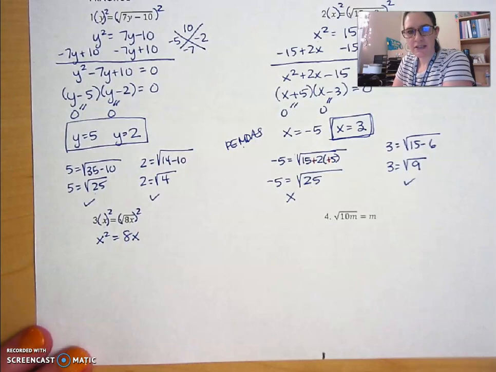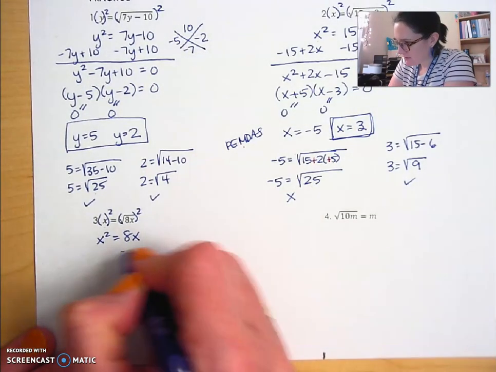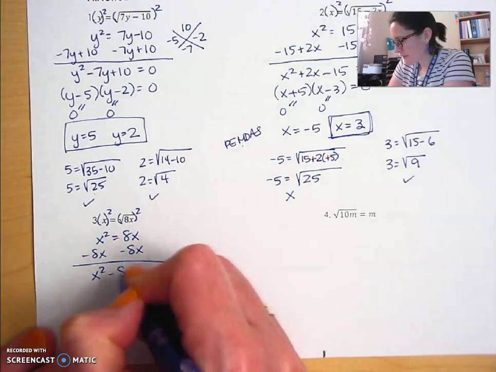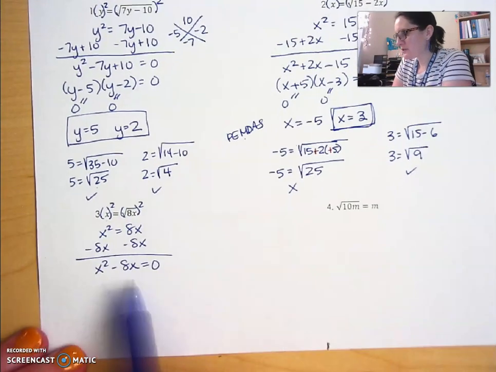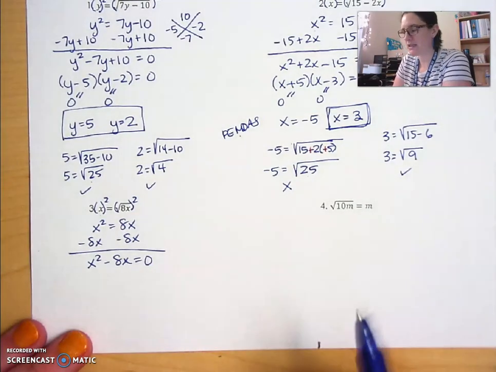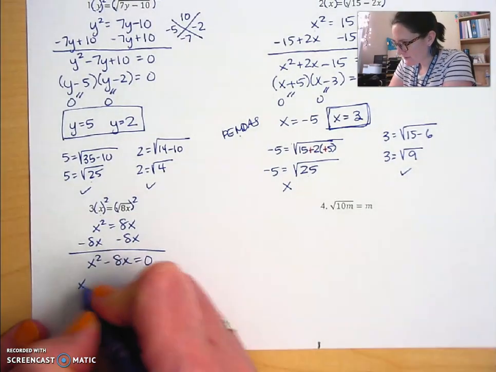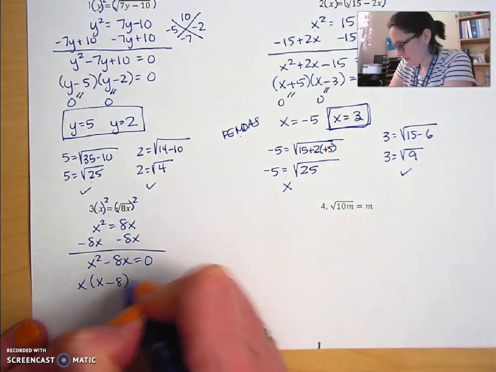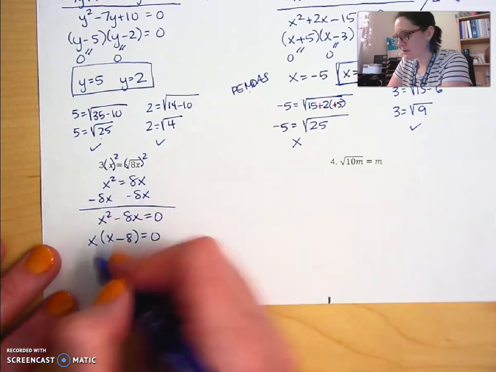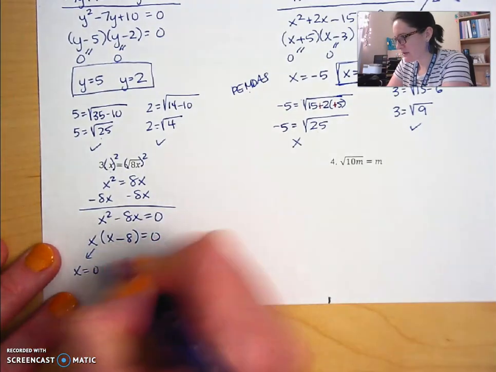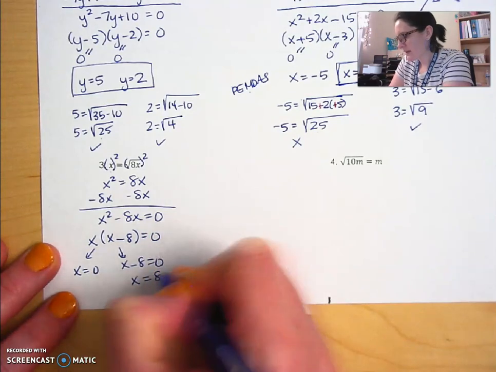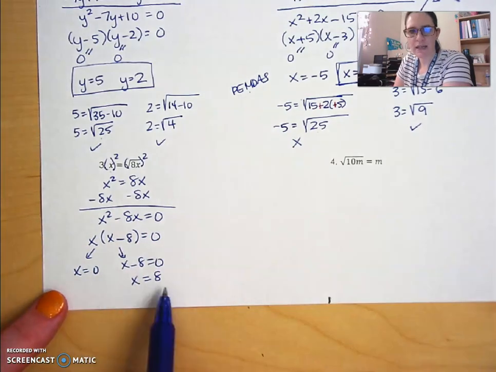I am going to need to factor and get it set equal to 0, so that means minus 8x to both sides. Now, in this situation, I don't have a trinomial, so I'm not going to do cross method. What I'm going to do instead is a GCF. They both have an x, so I'm going to divide it out. And now this is my factored form. And I still am going to break them up and set them equal to 0 and solve them. So I have x equals 0, x equals 8,